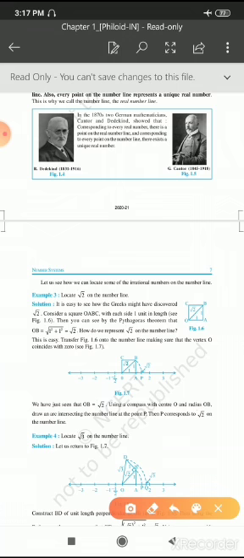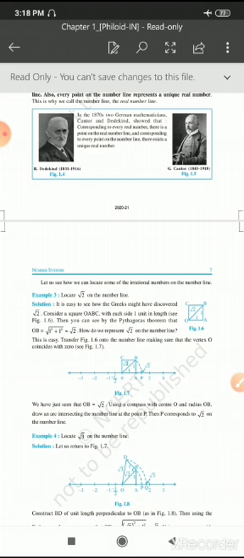Then see here, triangle OAB will be a right angled triangle, because we know that all the angles in a square are right angles. So if you take only this OAB triangle, here A is a right angle. So triangle OAB will be a right angle triangle. Apply Pythagoras theorem to this right angle triangle. What is Pythagoras theorem? Hypotenuse square is equal to side square plus side square. Hypotenuse square is equal to sum of the squares of other two sides.